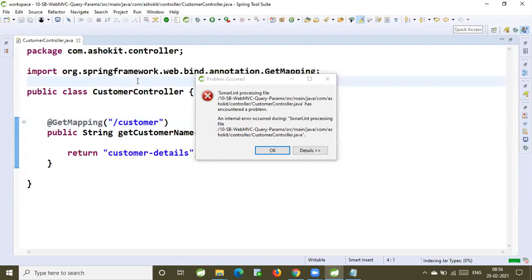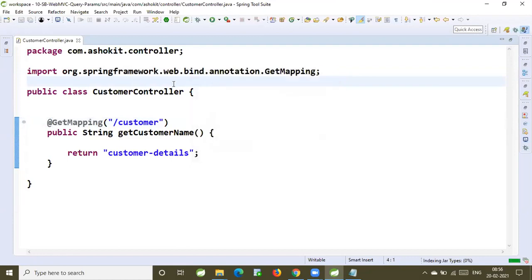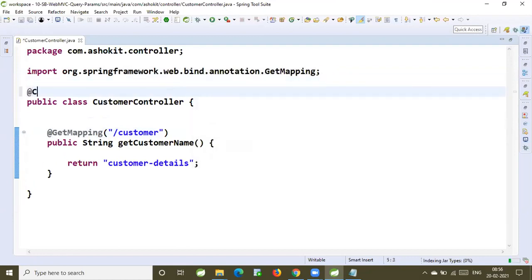This one I'm making as a REST controller. And for that I'm using